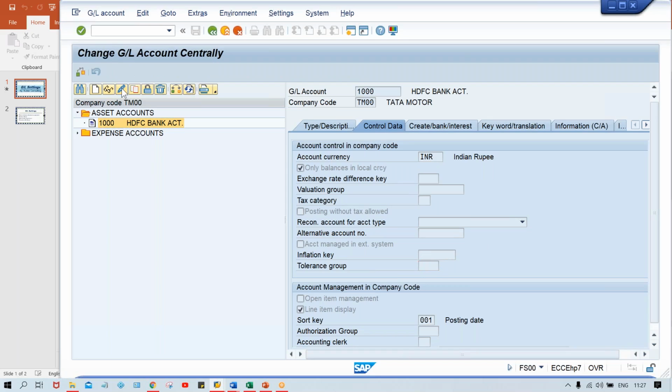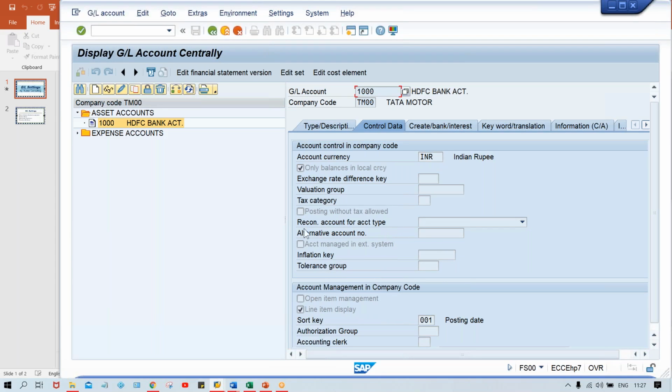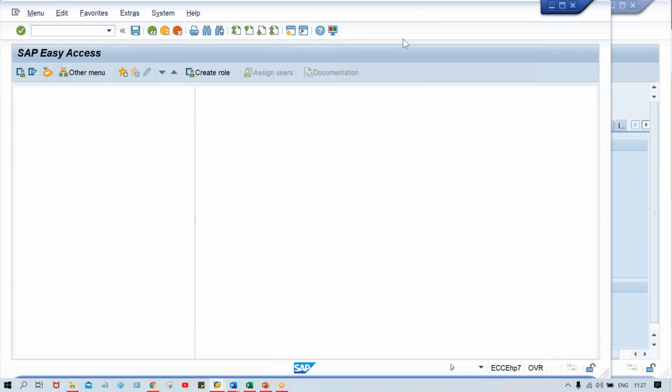If you click on the edit button, look here, in every field certain inputs can be given. If the client says that these fields are not required, how are the fields getting controlled? It's pretty simple, guys. As I told you, it is controlled by field status and account group. So first of all, what you have to do is create one more screen here and then I'll show you.